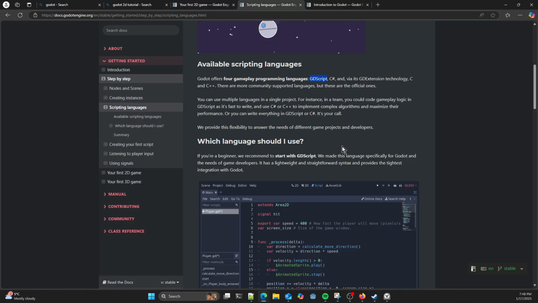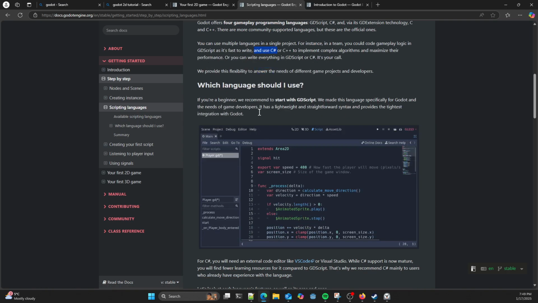You can use multiple languages in a single project. I think that is going to be interesting to look at when we get past the prototyping stage: which bits want to be optimized and which bits don't. If we want to optimize it, we use C++ or C. I don't really see the benefit of using GDScript and C# together, other than for familiarity for those who already know C#. Which language should I choose? If you're a beginner, I really recommend beginning with GDScript. Certainly easier than C++, I can guarantee you. Pretty much every language is.